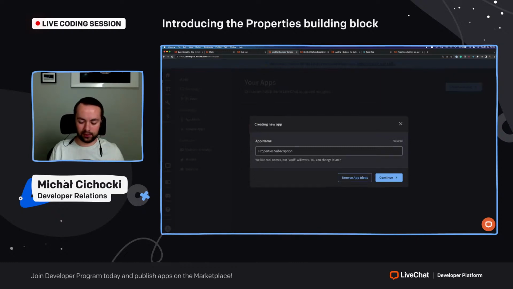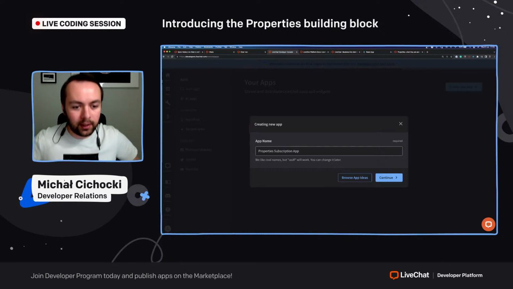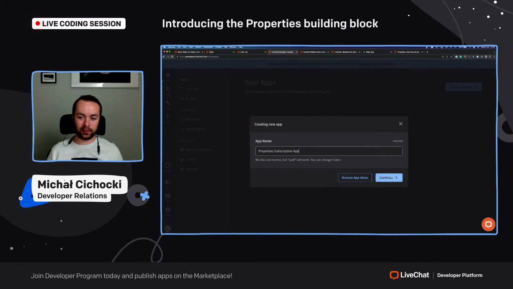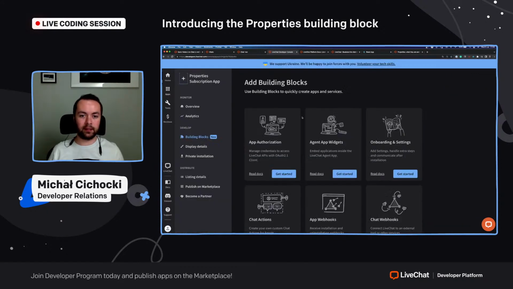You can name it whenever however you want. It can be changed later, so it doesn't actually matter right now. I'll name it Properties Subscription App. Then when the app is created, you have to add building blocks to it,